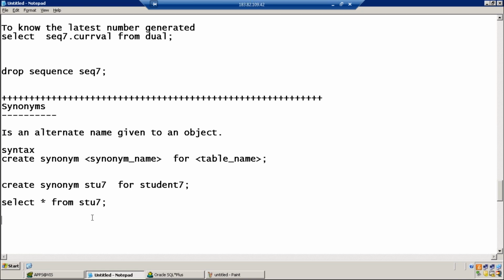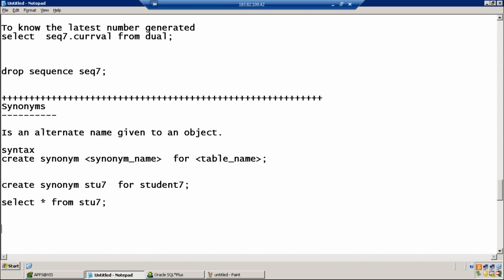Don't think that a copy of the table is created in a separate memory location and named with the synonym. No, that's not the case. A table can be referred to by using the table name, or you can also use the synonym. Not only for the select statement, you can write insert into synonym, update. Wherever you have the table name, we can use a synonym name instead. So this is at the table level, whereas the alias is at the column level.